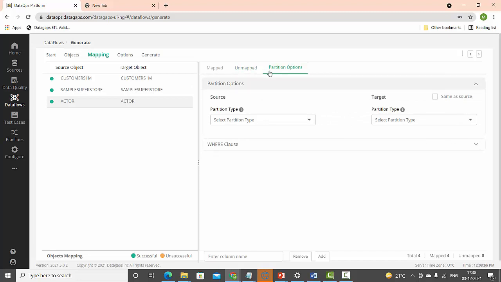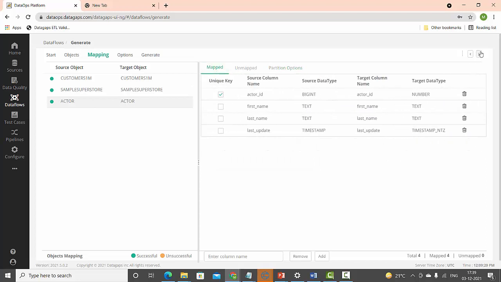So this is the mapping step, wherein it automatically maps the tables and then table columns as well. And you can always use the partition types. So while you compare this, as you know, in the data flow we have the partitions available. You can partition this data by any of the partition columns or by query predicates. For this particular migration case, I am not going into this further. So this is the mapping step.